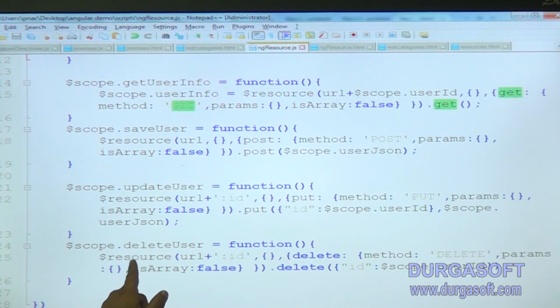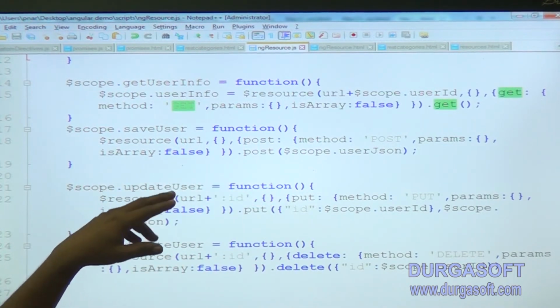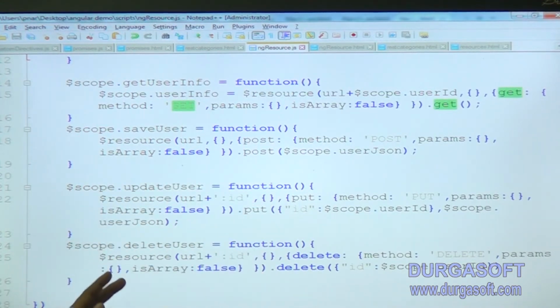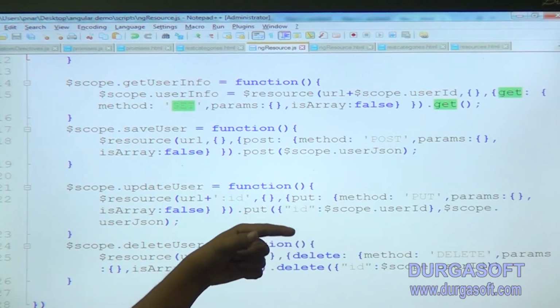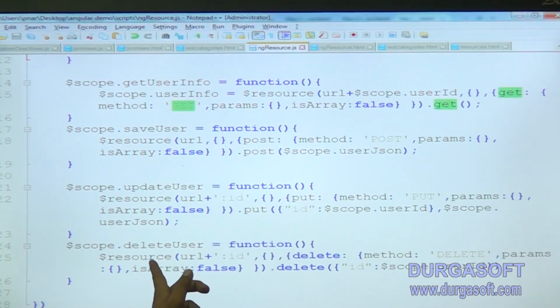For delete, in $resource, the parameters I have to pass are delete and the method type. These are all services in Angular, the REST services we have implemented in HTTP. So method delete means we are using the delete operation on a particular URL with these parameters.